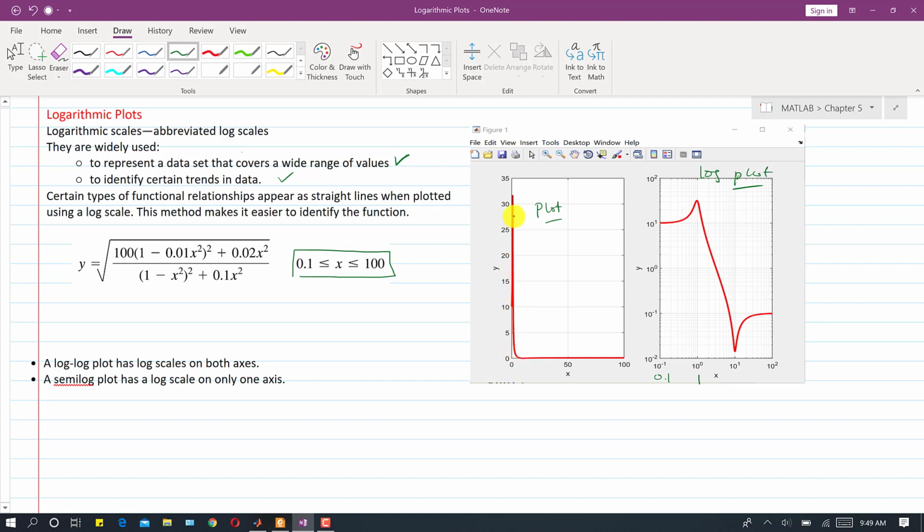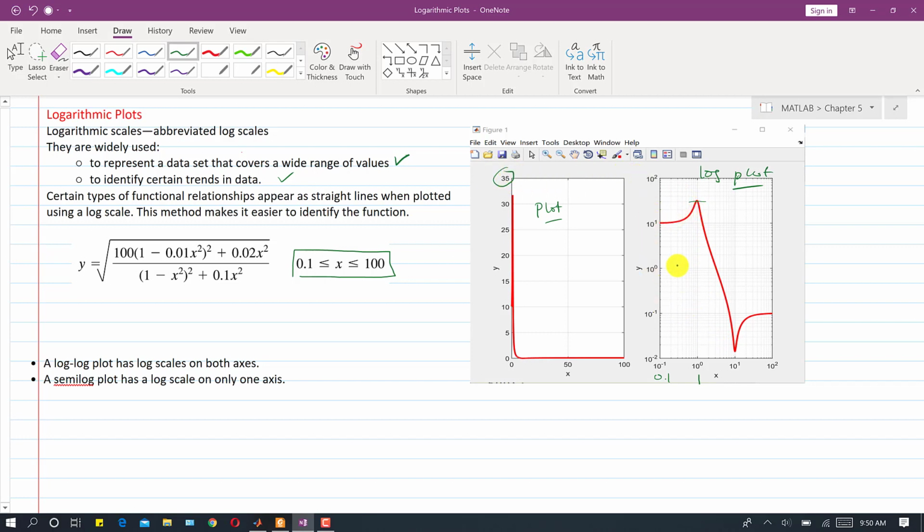There is a peak between 30 and 35, and then there is a steep curve, so the values are decreasing. Here it is clearly visible in the logarithmic plot that from 0.1 to 1 there is a gradual increase and then a sharp increase, until it reaches a value of 35. So this is also 35.